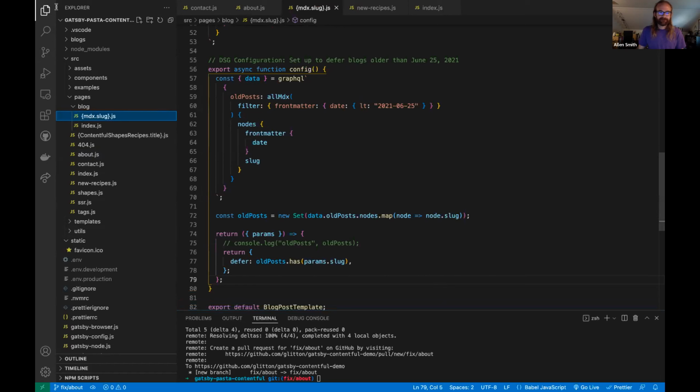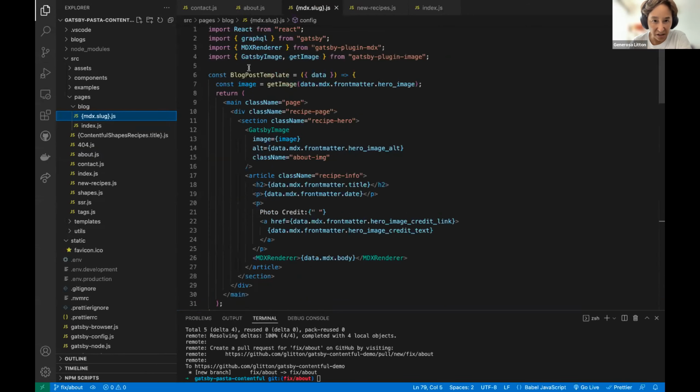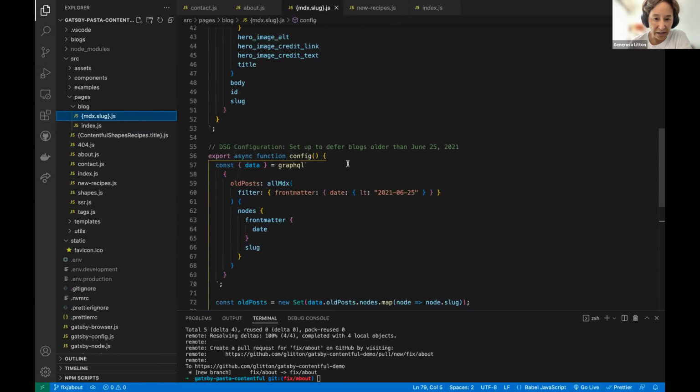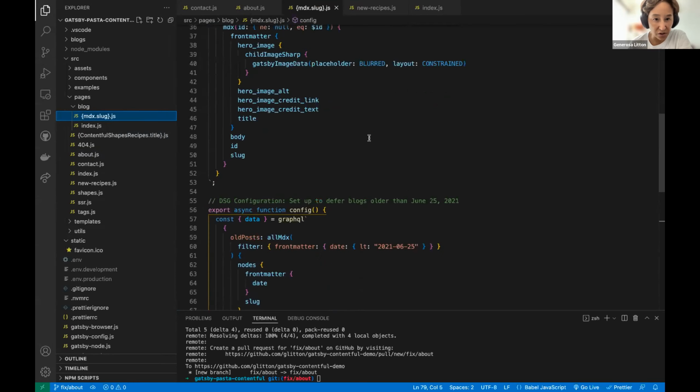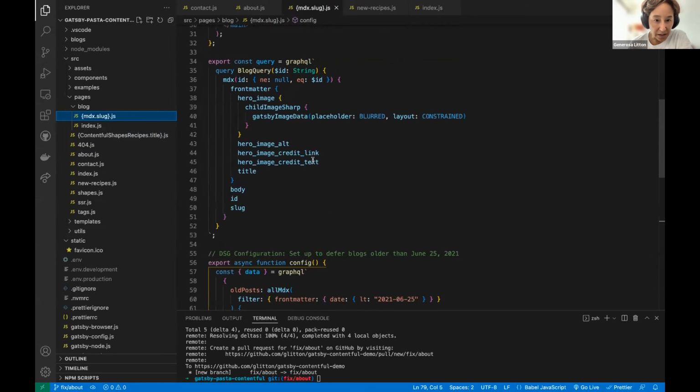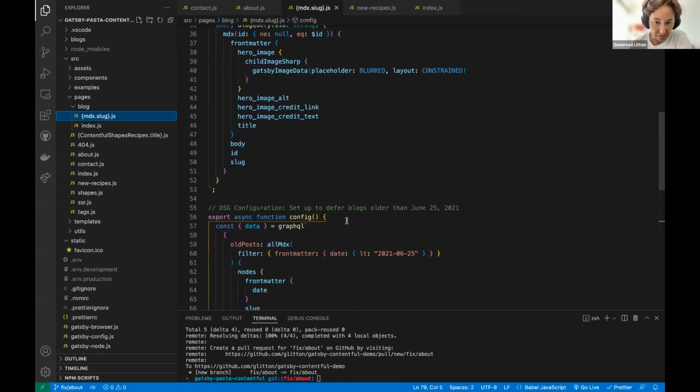Yeah, awesome. So the way you add deferred in your code is in this manner. This page itself is the blog page template, and this is actually using the file system routing API syntax. You see the 2 curly braces in there. But in the actual query, what you need to do is add this function, which is set up async, called